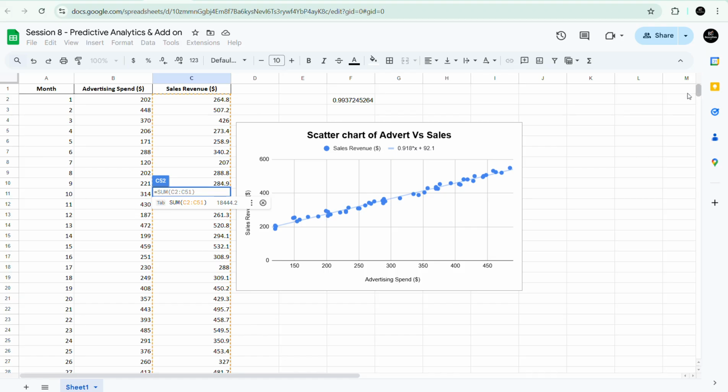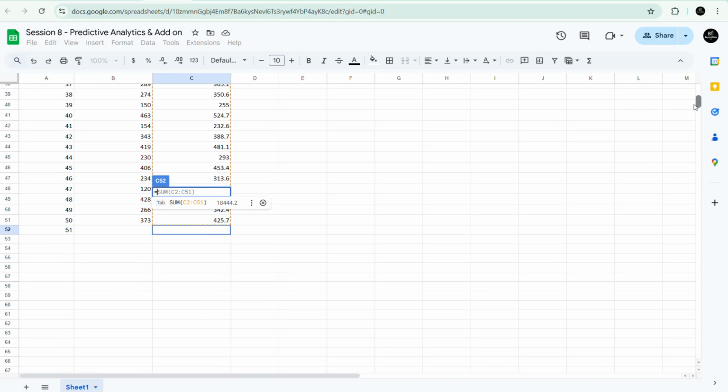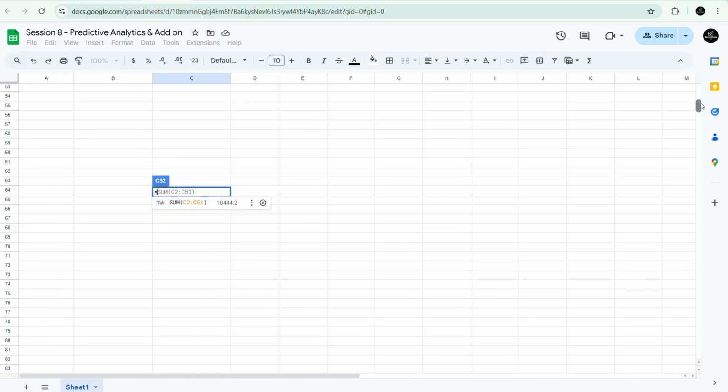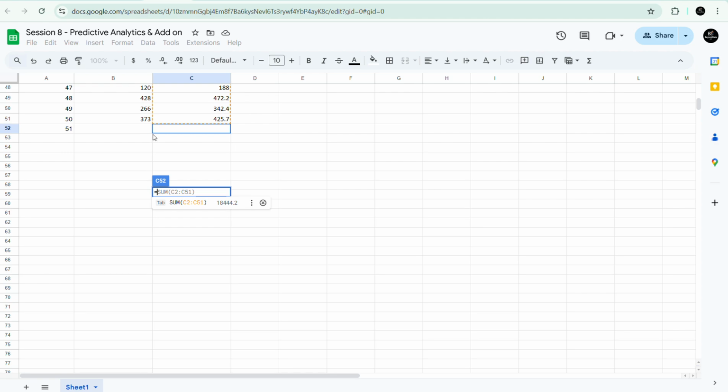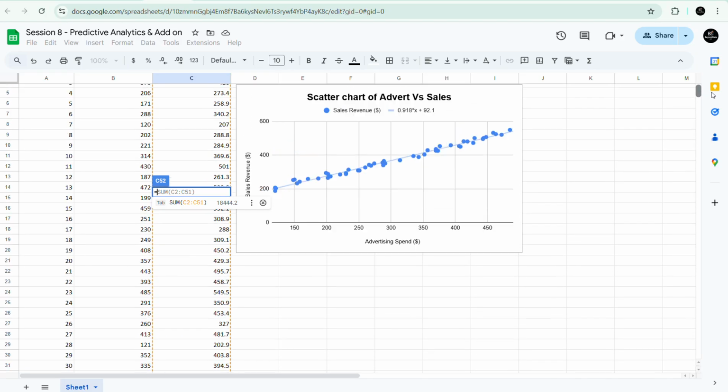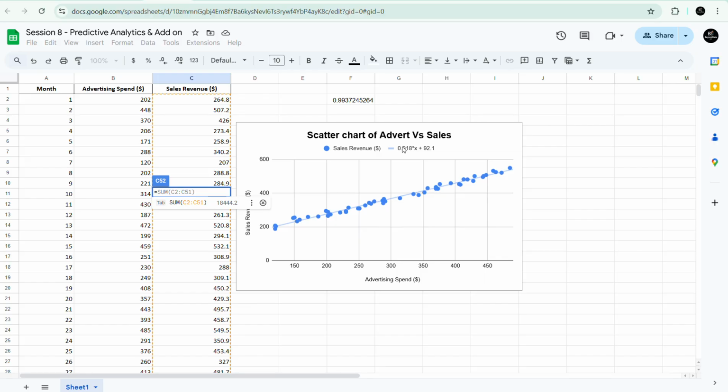So that's what we call dependent. So this one depends on this one. So you predict what depends on the other. So this one will help you get this. Advertisement will help you get the sales. So we start here by writing an equation just below here so that you can be able to predict this sale. So we put an equal symbol, then we go to this our chart,